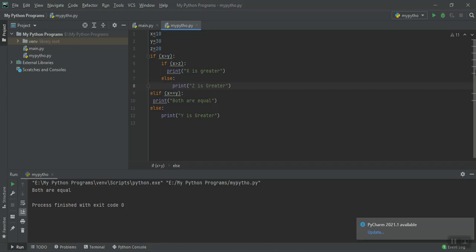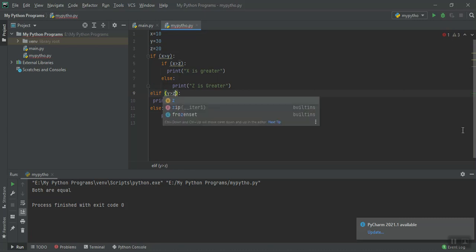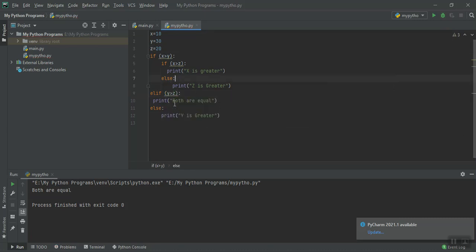I'm checking first x and y, then x and z. If both conditions are true, if x is greater than y and x is greater than z, x is greater, or else z is greater. Else, if I have to go with the next condition, if y is greater than z, I have to say y is greater.